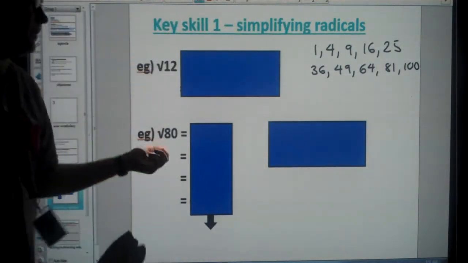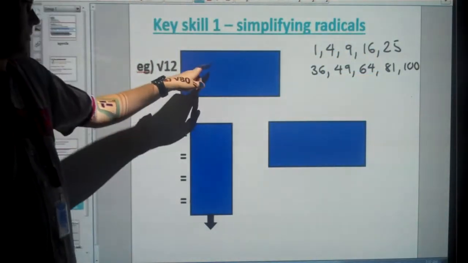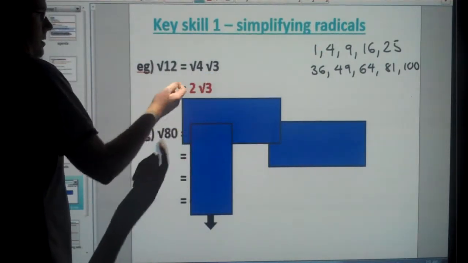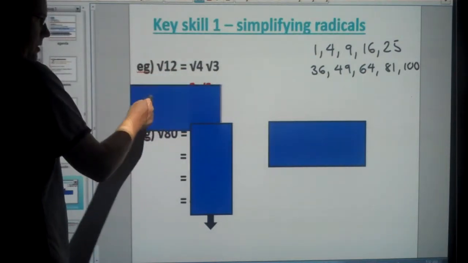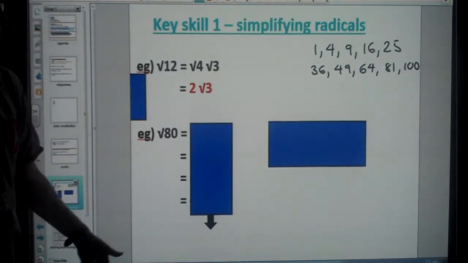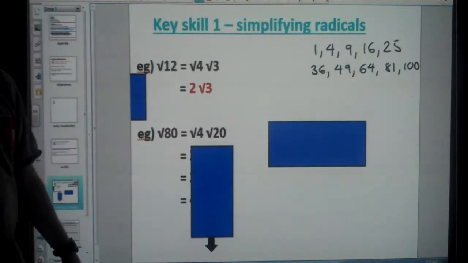So for 12, I need to find two numbers that multiply to make 12, but one of them is a perfect square. So knowing your times table is very useful for this one. So 12 would be 4 and 3, and the square root of 4 is 2. And I've simplified this radical because I started with 12 inside, and now I've finished with 3, so that would be a simpler radical. Now when it comes to 80, I noticed that 4 certainly divides into 80 20 times,